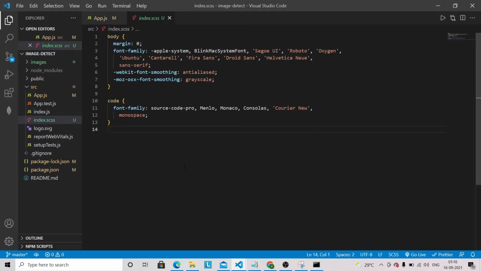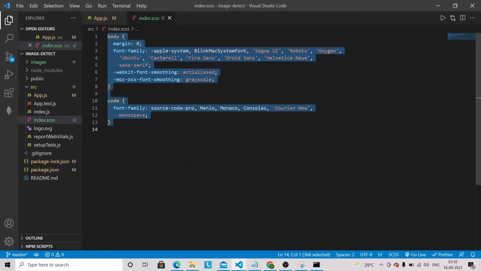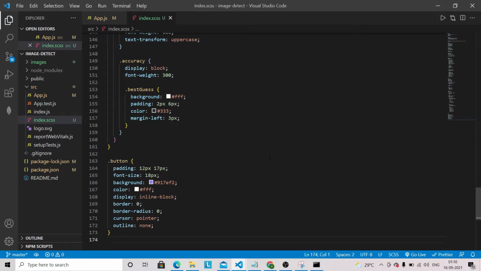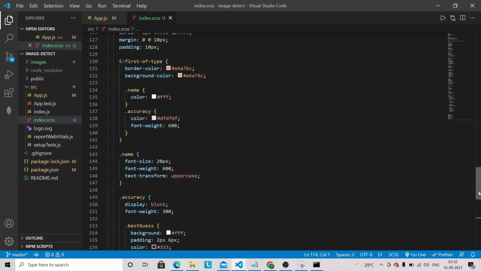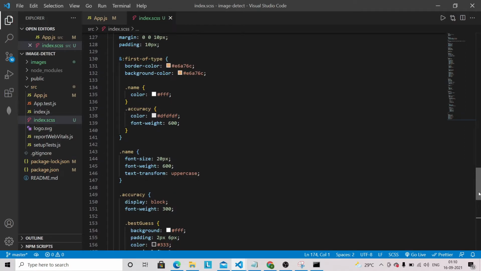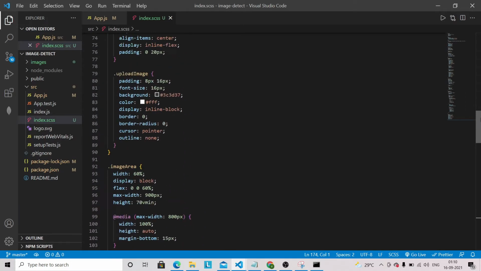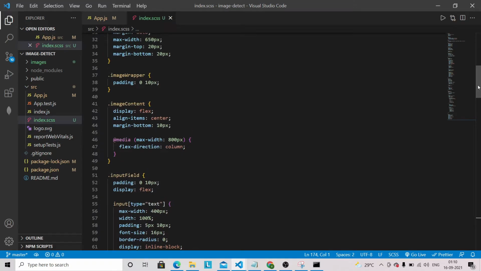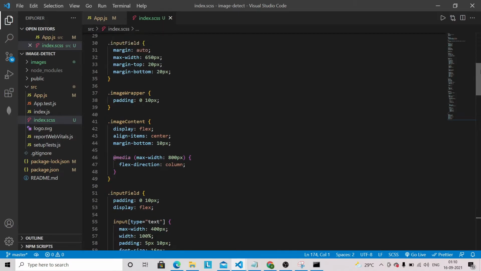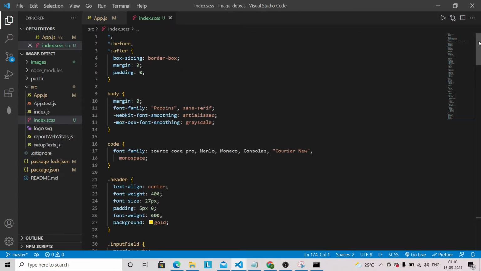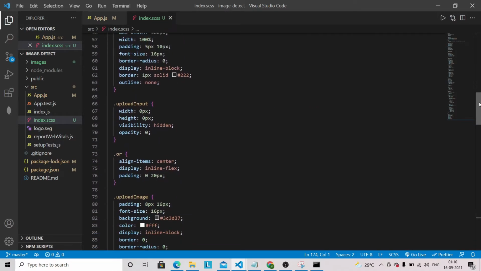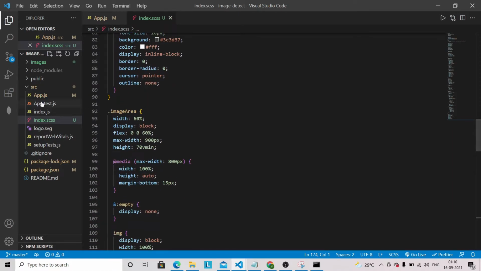You don't have to worry about all this CSS code because I have already provided the GitHub link for this project in the description. So you can always download this GitHub repository.